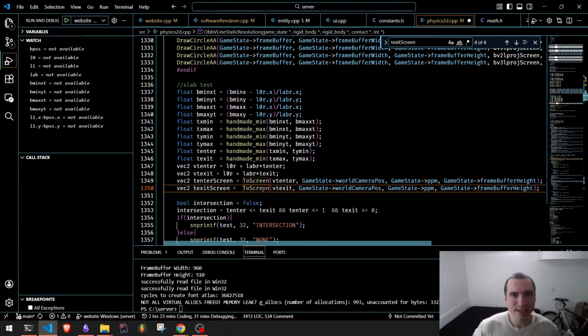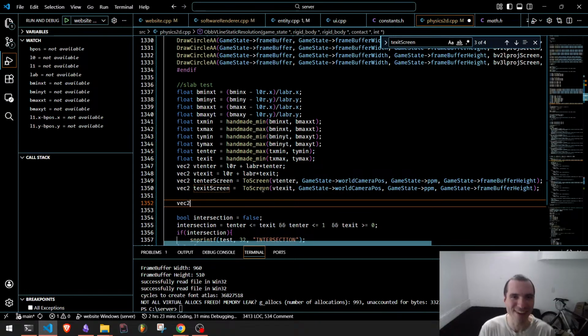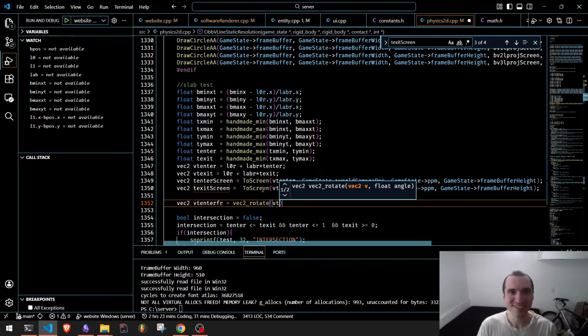So when we do enter and exit, those are relative to... We're going to need to rotate these. We're going to need to forward rotate these. So this is called vec2 vt_enter_forward_rotated equals vec2 rotate vt_enter